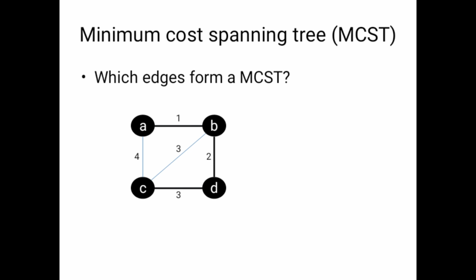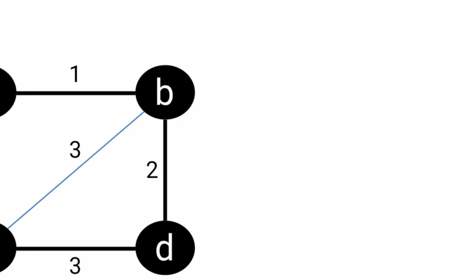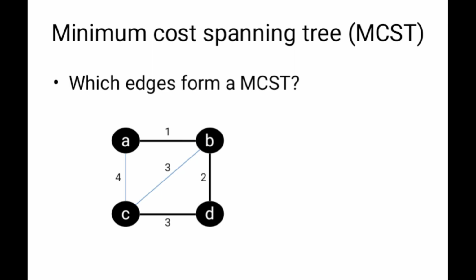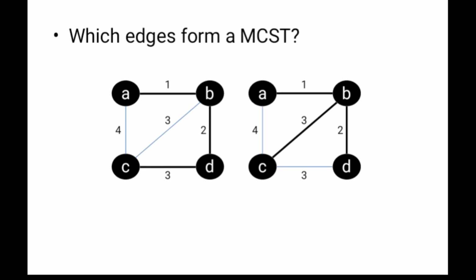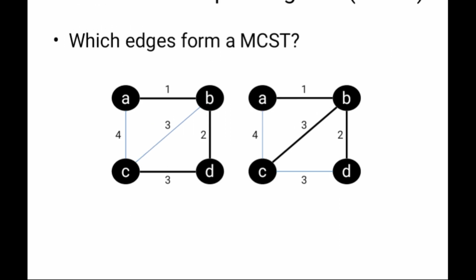Hence you can say that the black vertices and edges which you have seen form the minimum cost spanning tree. And similarly there is one more minimum cost spanning tree for the same graph, that is A to B, B to C and A to D. This is also a minimum cost spanning tree because the total weight of this tree will be 1 plus 2 is 3, 3 plus 3 is 6, and in both the cases it is called a minimum cost spanning tree. Hope you have understood the concept of minimum cost spanning tree.